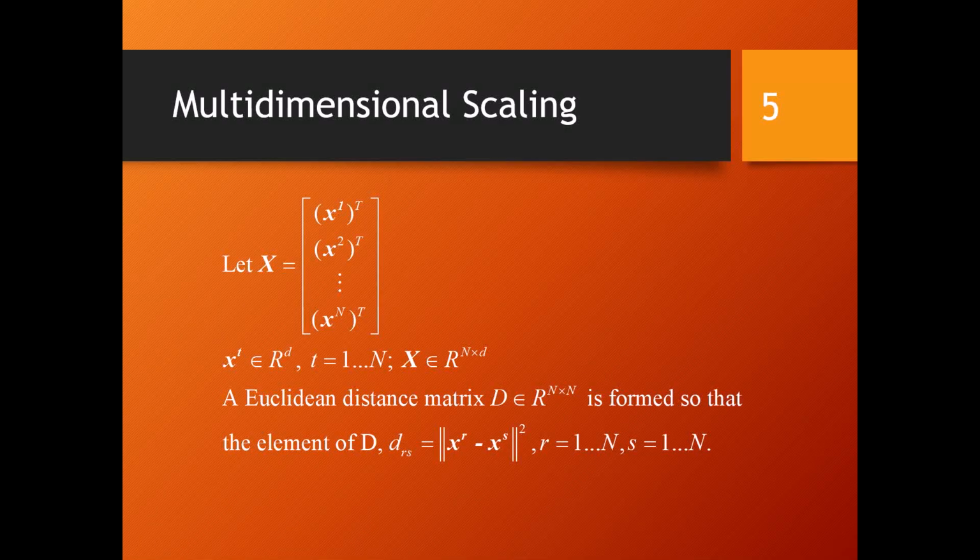And the distance between the first data vector and its original, of course this is 0, right? And this value will be the distance between this one and this one. So this value is supposed to be, let's call it D12, that is defined as